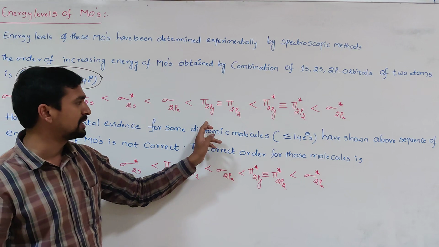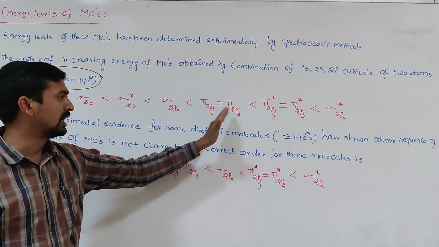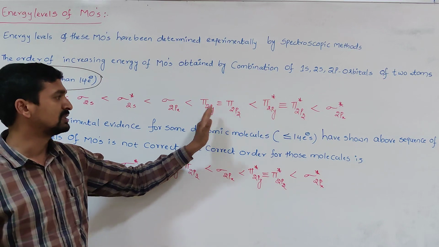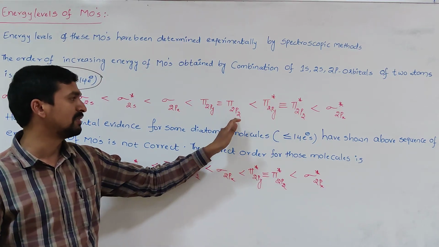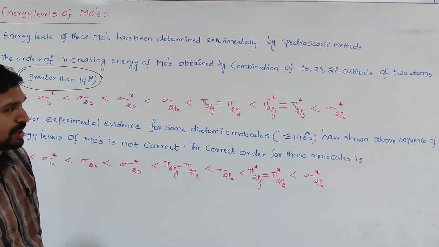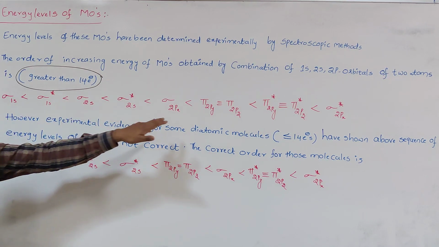Whenever orbitals have the same energy, we need to follow Hund's rule. First fill one electron in each molecular orbital. After that the pairing of electrons takes place. In the case of pi 2py, pi 2pz, and pi star 2py and pi star 2pz, we need to follow Hund's rule. And whatever electrons we are filling must have opposite spin. So always the electrons first go to the lower energy orbital, and only then go to the higher energy orbital. That is the Aufbau principle, Pauli's exclusion principle, Hund's rule. These three rules we have to strictly follow while filling the electrons in the molecular orbitals.